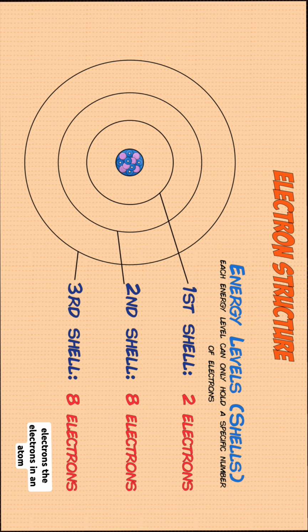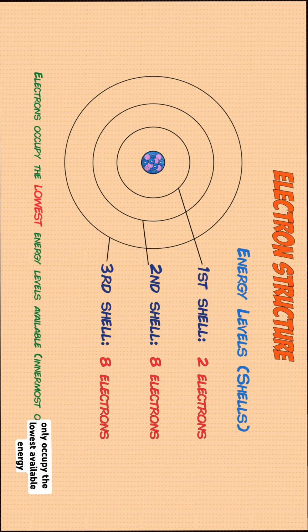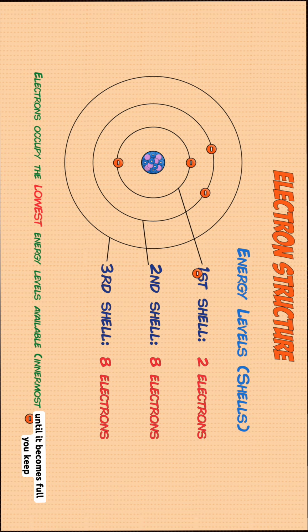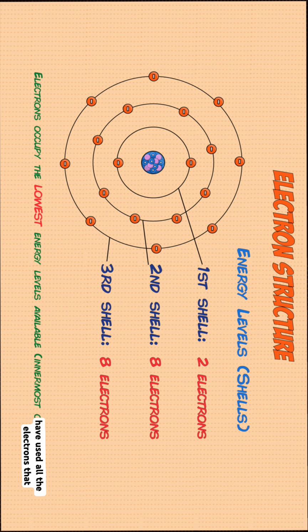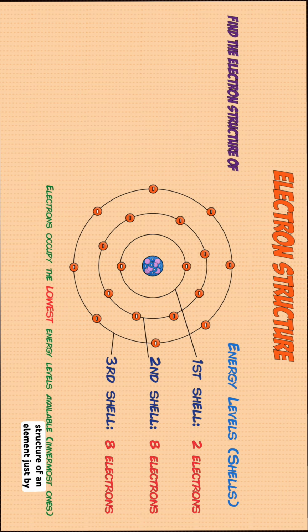The electrons in an atom only occupy the lowest available energy levels, which are the innermost ones. So once the very inner shell is full with 2 electrons, the next lowest energy level is filled until it becomes full. You keep filling these shells up until you have used all the electrons that exist for that atom. This means you can work out the electron structure of an element just by knowing the number of electrons it